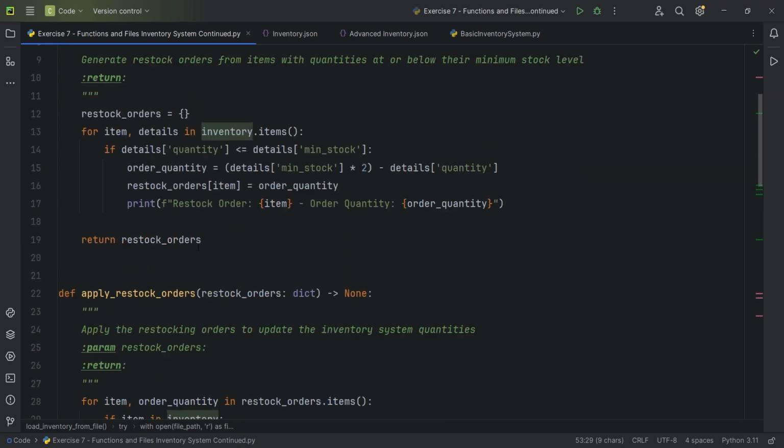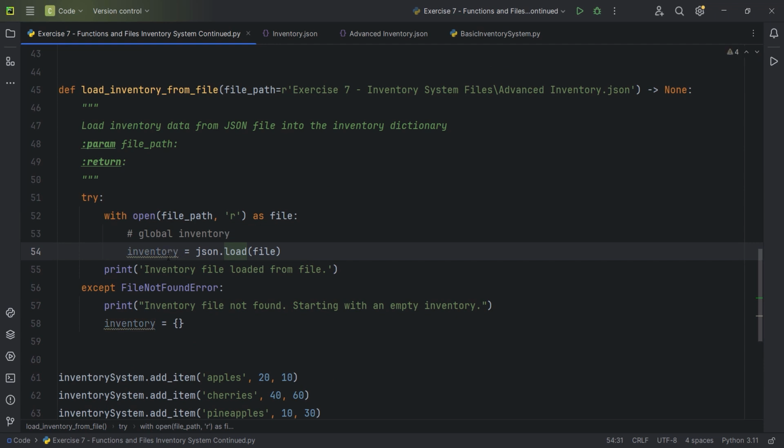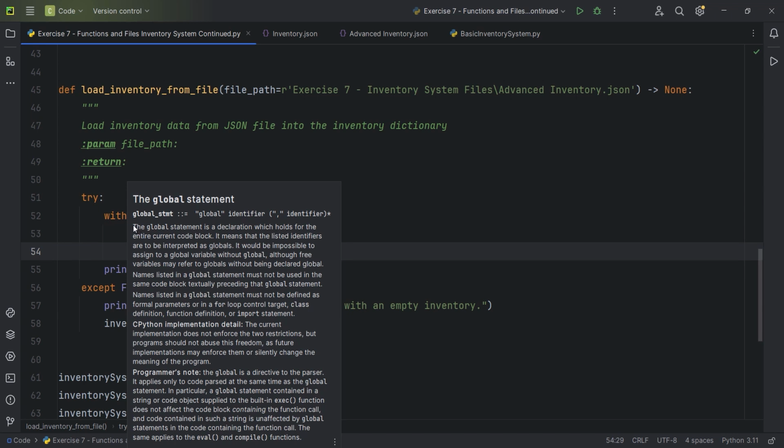And we cannot access it. There's no way for us to access it. If I remove this, we don't know which inventory we're talking about. We're creating a new variable within the function. But when I declare inventory as global and I write the global statement right here, so the global statement is